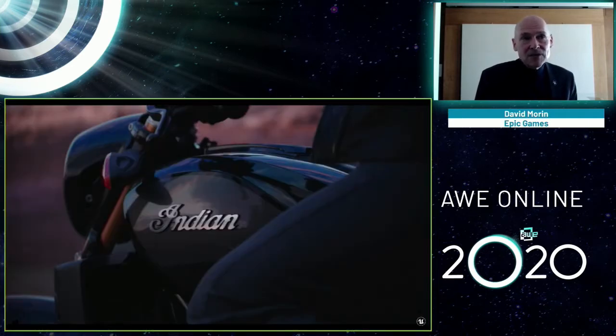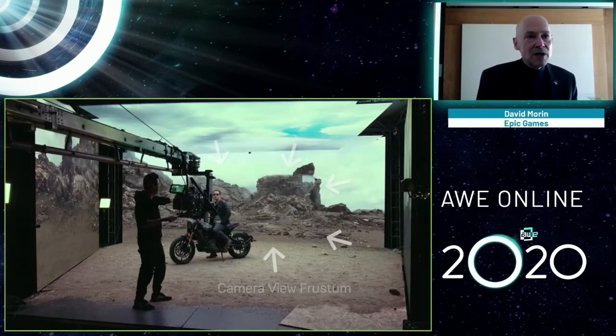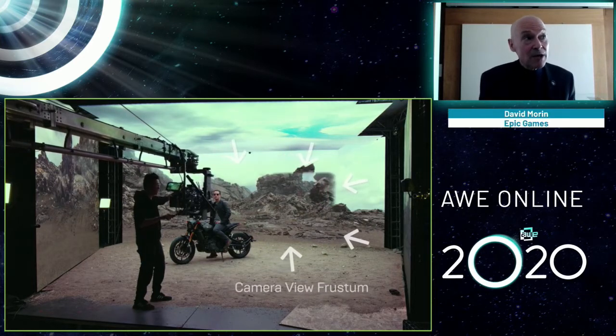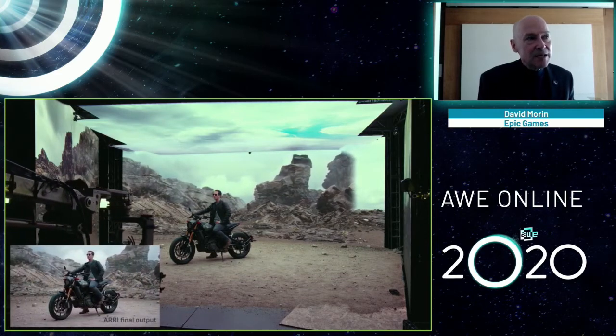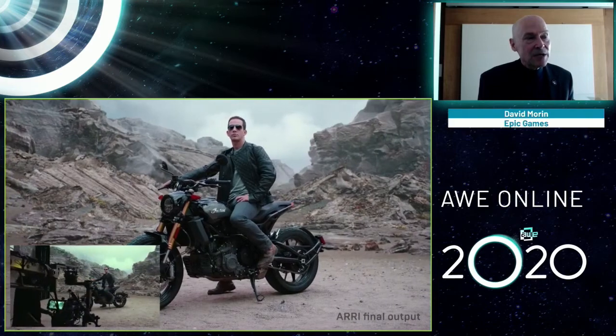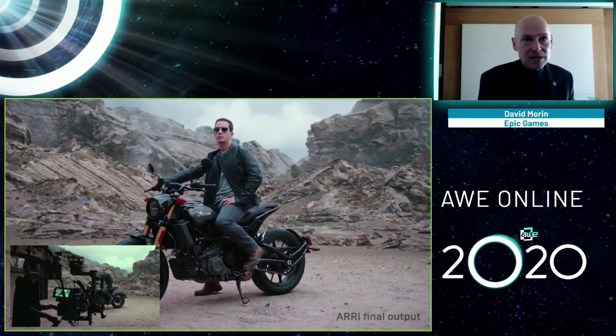The wall itself, besides adding something for the camera to see when you shoot, is also a lighting instrument. That's an important part of this augmented reality scenario, that the wall is not only something that the director sees, but it also lights the scene and provides reflection, like in the tank here. There are features like the camera view frustum, which is rendered at a higher resolution, what the camera sees, similar to foveated rendering in VR. Now there is this feature where you can render what the camera sees at a higher resolution.